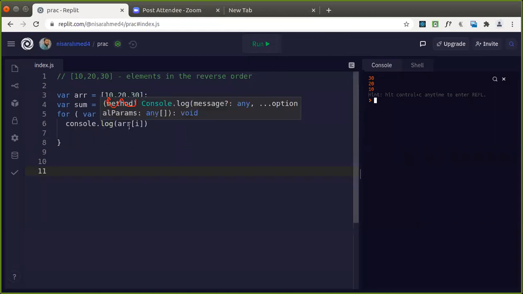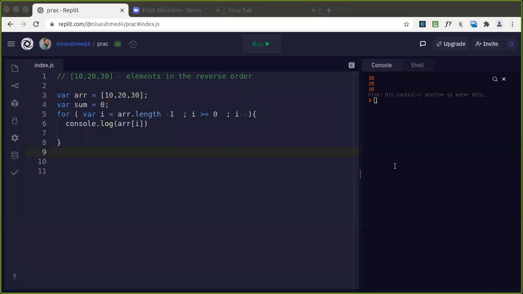Good. And any queries if you have, you can text me in the chat directly. Fine.